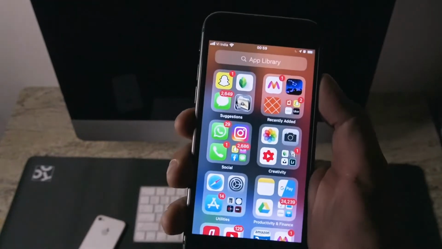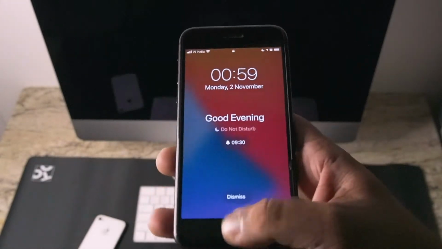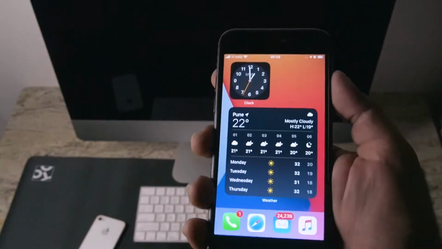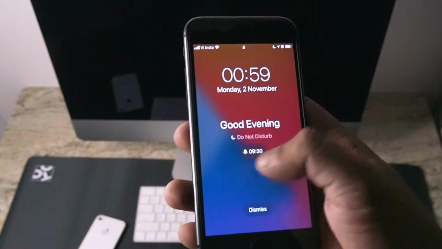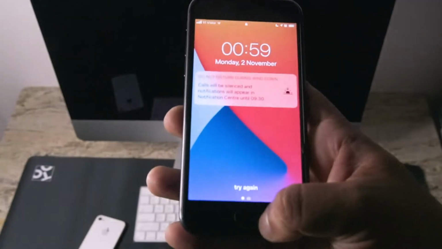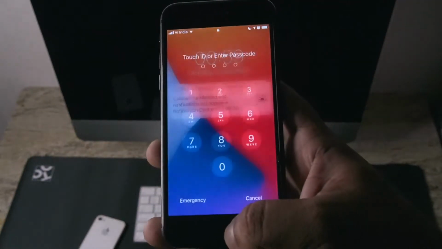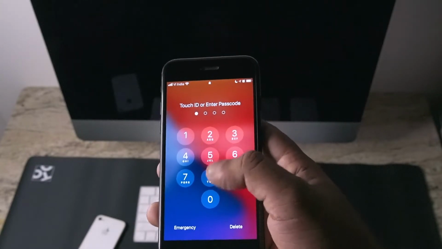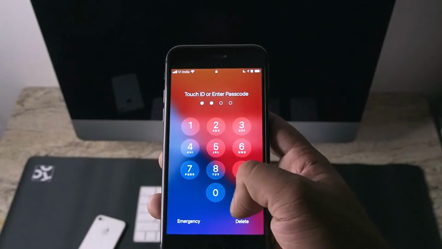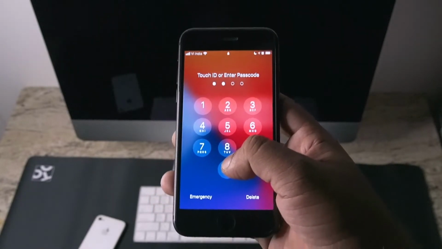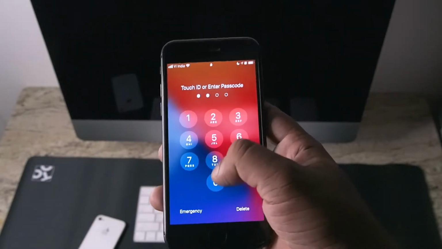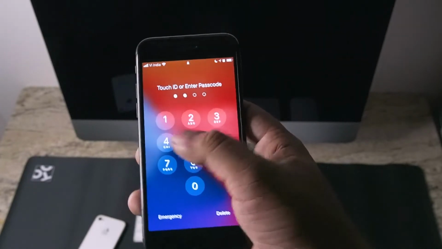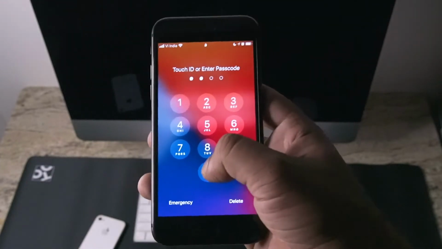Next is the lock screen password. Whenever I want to enter any password here, many users reported that they were having touch issues. Suppose I'm touching 0 and it wasn't responding, or responding late, or it was registering a different number.